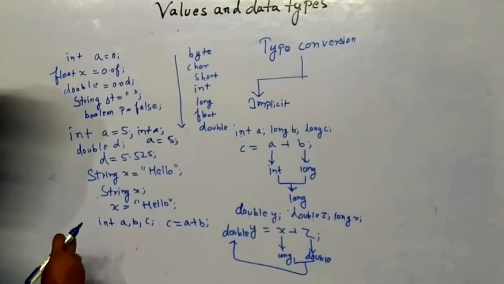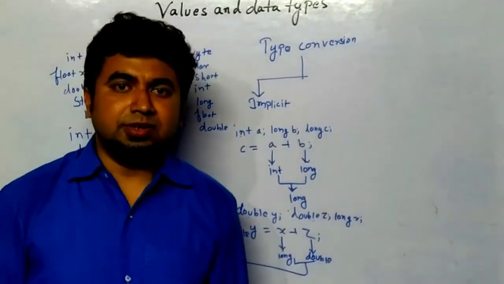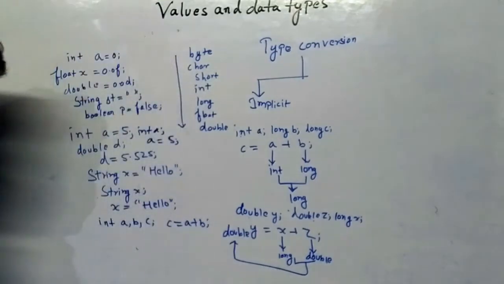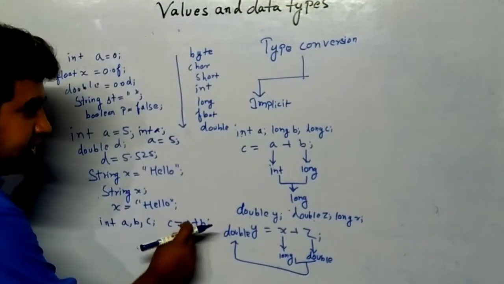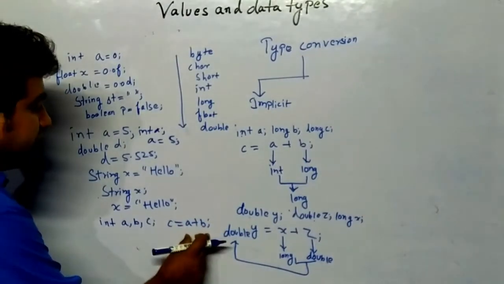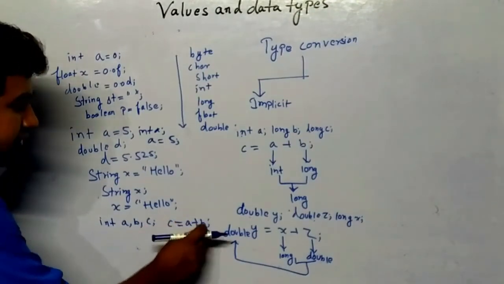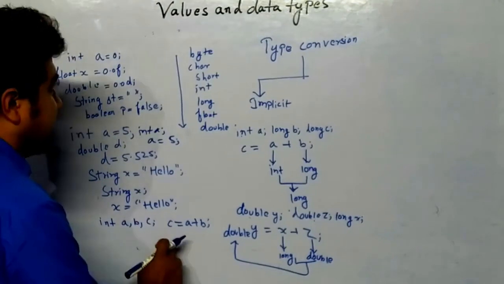Now you will be seeing about dynamic initialization, that you will be doing by the Scanner method, or you can do it by the InputStreamReader method. This is also one kind of dynamic initialization: depending upon the value of A and B, C will be initialized. So whatever is the value of A and B, according to that C will be initialized.